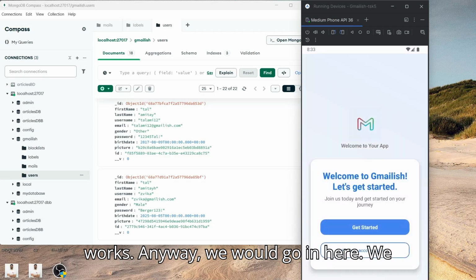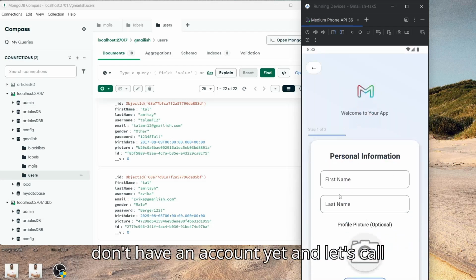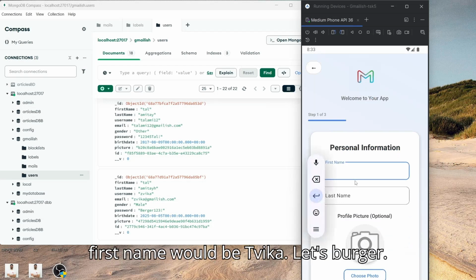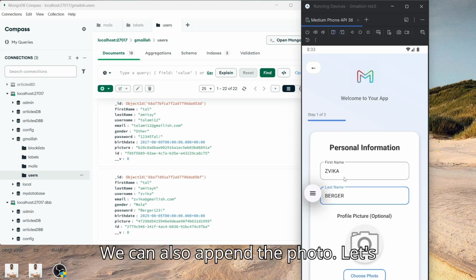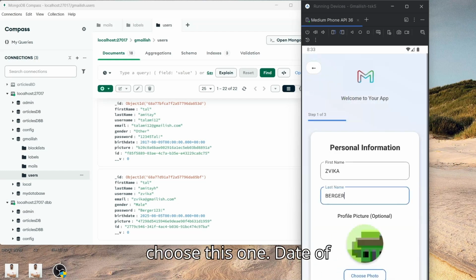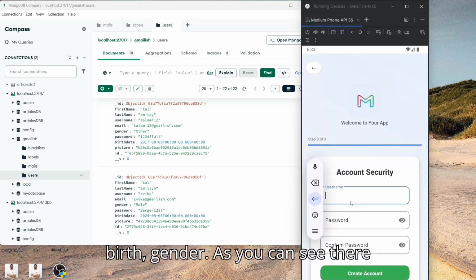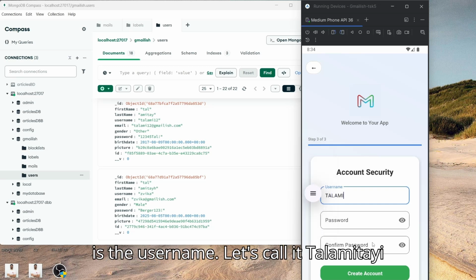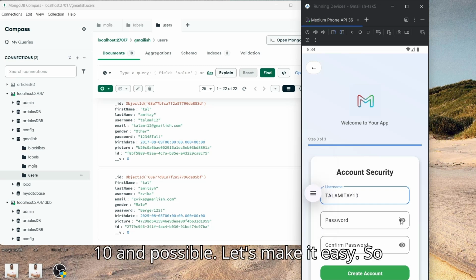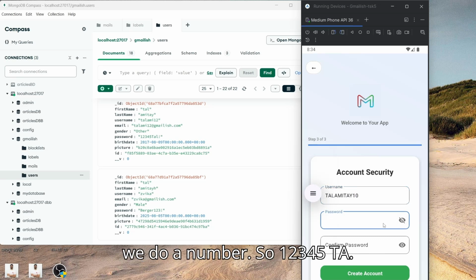Anyway, we would go in here, we would tap on Get Started because we don't have an account yet. And let's go. First name would be Zvika, last name Best Burger. We can also append a photo. Let's choose this one. Date of birth, gender. As you can see, there is the username. Let's call it Talamitai10. And password, let's make it easy, so we will use a number, so 1 2 3 4